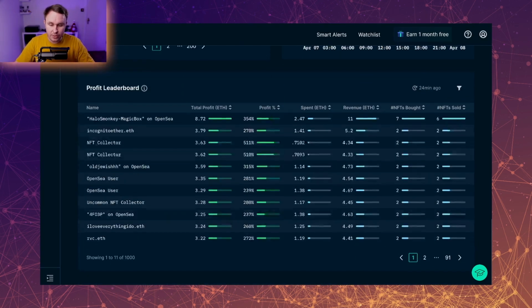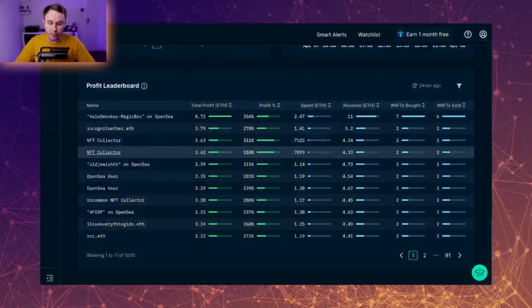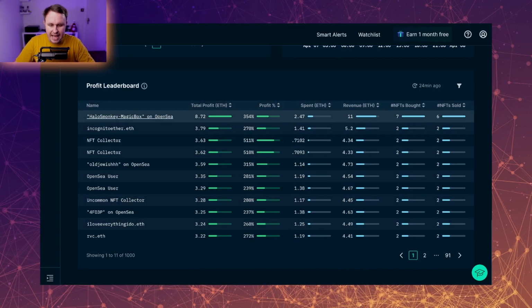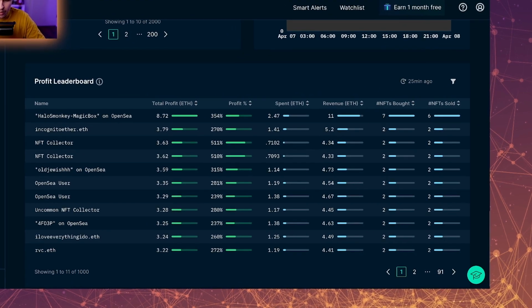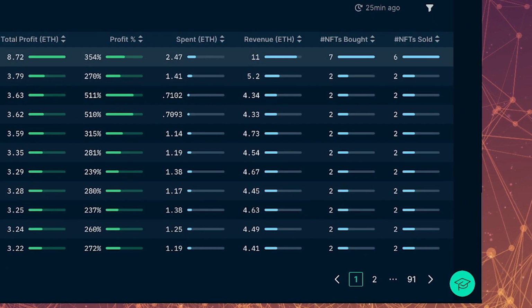Now, what I want to get down to now is the profit leaderboard. Now, the profit leaderboard is good because we can see how much more runway there could be in this project before we get to the reveal. Now with the profit leaderboard, the top profit taker has taken 8. Now over on the right, we can see NFTs bought and NFTs sold. Now with the top profit taker having almost 9 ETH profit, they've actually bought 7